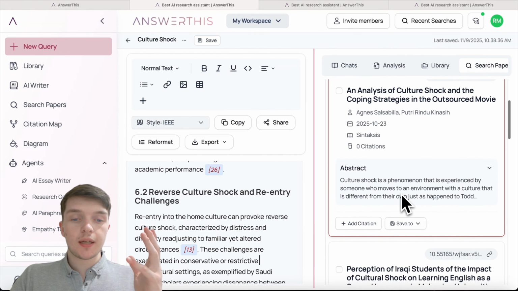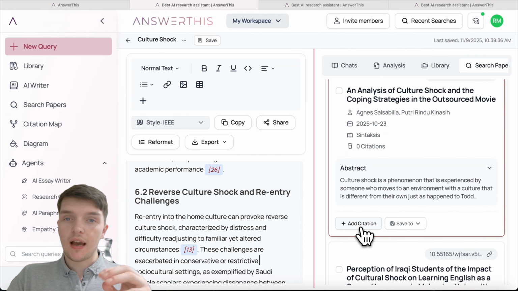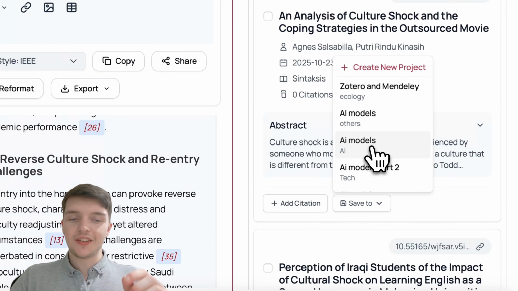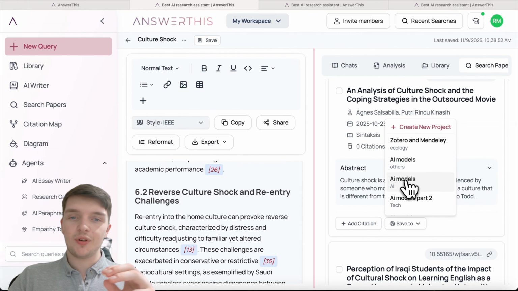And as you can see, just like before, we have our papers and we can simply scroll down, say add citation, and if the paper is really good, we can also save it to the library that we want to